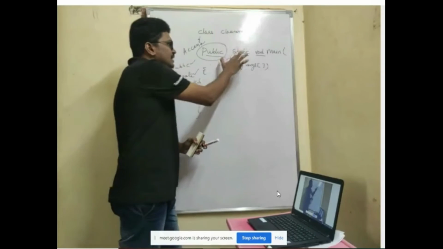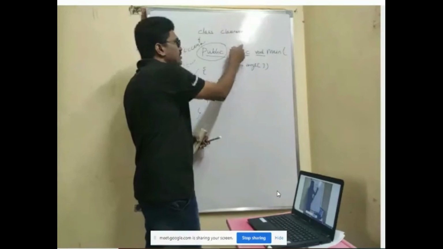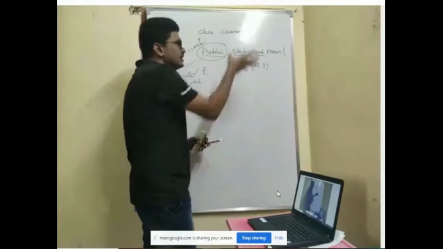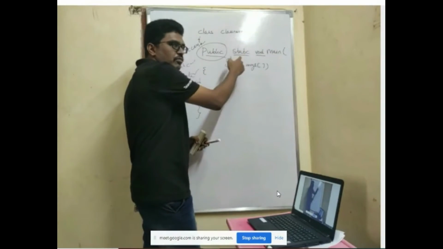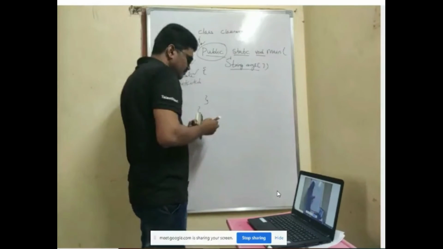As for static, without using a class or an object, you have to access the main method. Normally for the main class we don't create an object, so that's why we make it static. As a separate topic, we'll discuss these keywords in detail. This is used for command line arguments, which we'll see later.